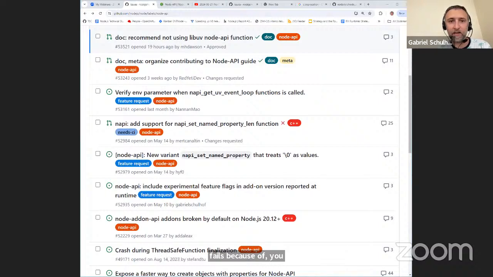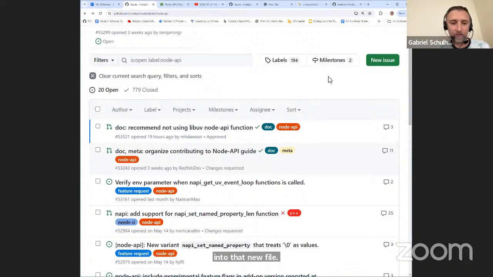because it's not able to build add-ons when they run the unit tests for JS native API. If I'm not mistaken, we have add-ons that build with a C compiler, so they're going to run into that. So that will serve as kind of a filter for things that can go into that new file. Then we don't have to do our own deprecated thing.